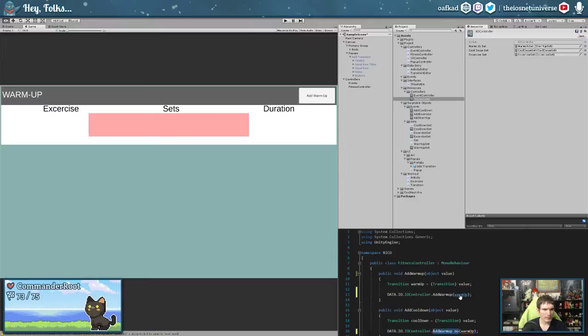Add cooldown. Whoops. Add cooldown. Add exercise. And we're actually going to be more precise over here.